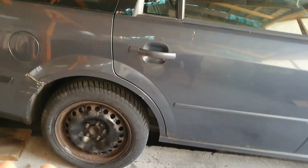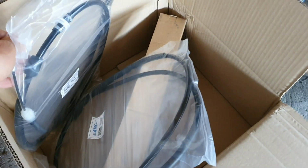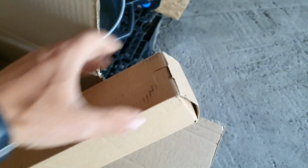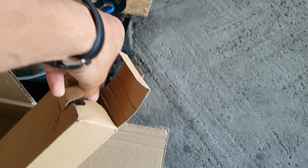Now that we know why the car failed inspection for the handbrake, I've already ordered the new cable. I've ordered both cables for both sides, and we have in here new shocks. I didn't even open the packages. Let's see now. How the heck? Like this, because when I was under the car, come on, yep, we have new shocks in here for the car